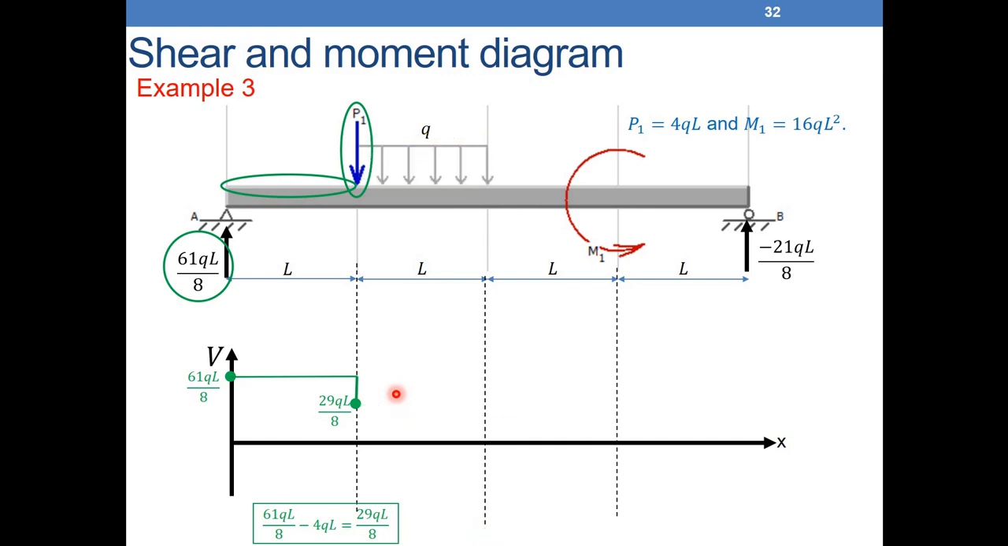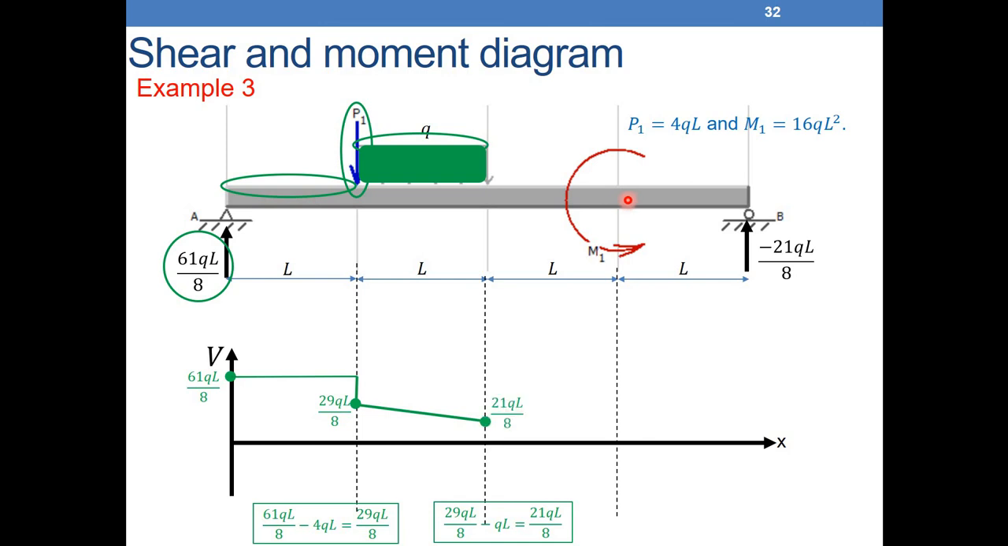So to repeat very quickly, I know here is a constant, so the V should be a line. To find the value at this point here, I just need to find the area under the rectangle, which is equal to QL. So I need to go down by QL. The problem here is that we have 29 over 8, so that's a bit complicated to deal with, but it's not a problem. We keep the fraction. Then here between 2L and 3L, do we have